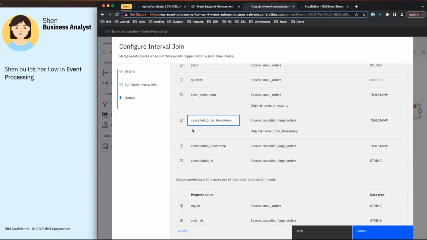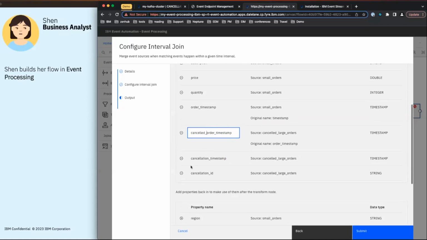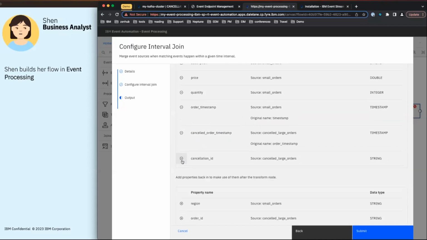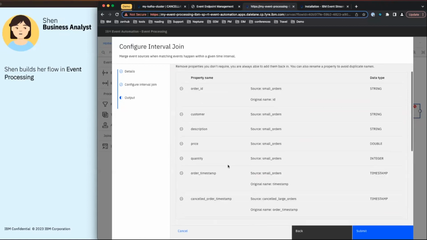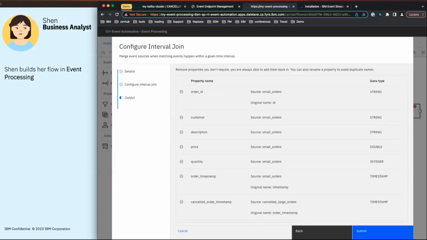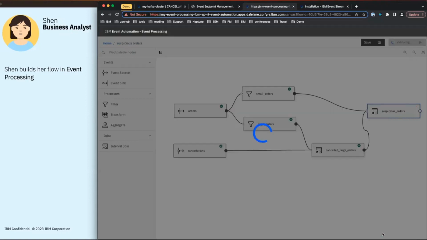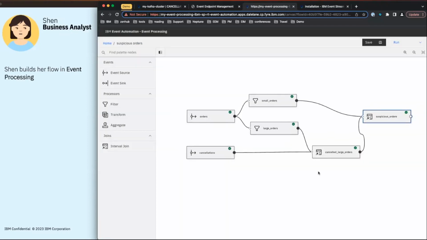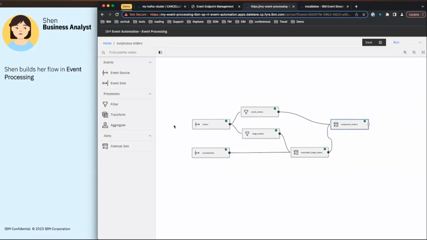So, perfect. We can remove these two. So that's what we have as our output. What this is going to give me is information about that small order that was made, what was ordered, and the details about that earlier cancellation. And submit that there. Okay, so I know I don't have much time, but I did want to quickly do